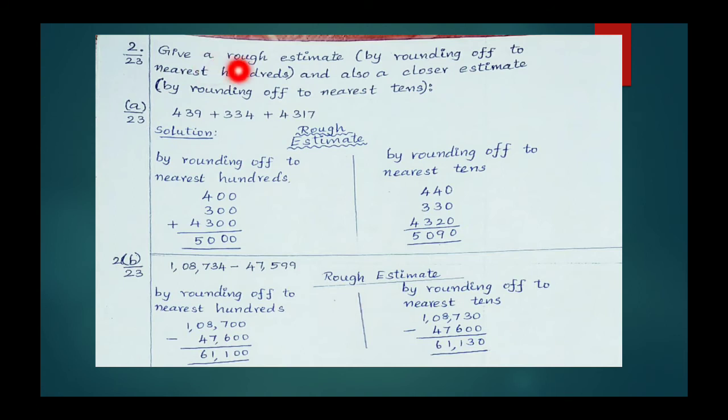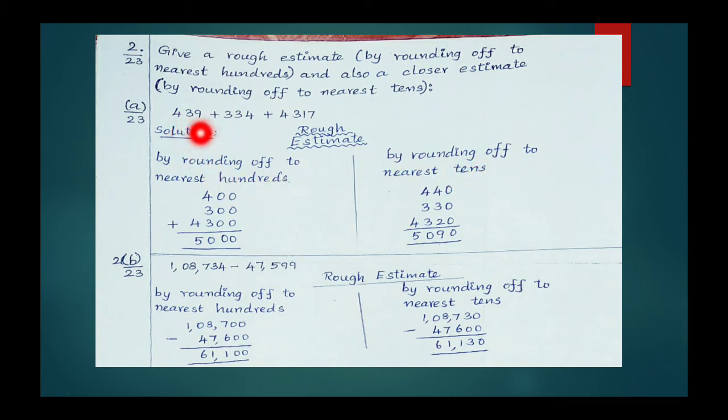Give a rough estimate by rounding off to nearest hundreds and also a closer estimate by rounding off to nearest tens. A sum is given, a problem is given. We have 3 numbers here. We have to round off the numbers to nearest hundreds and also to nearest tens. Okay,